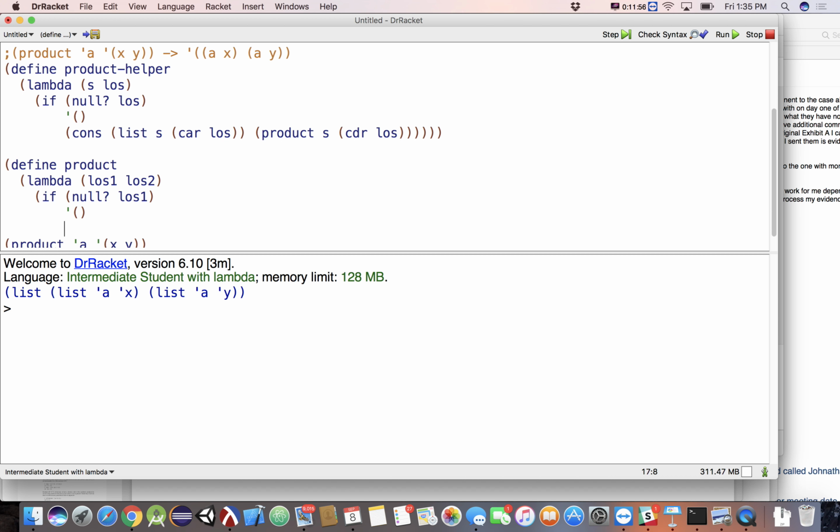Else, we might think that the correct thing to do is a cons, because that's what we're used to. So let's start with that. Start with a cons. So I'm going to cons some stuff together. What am I going to cons? I'm going to cons the result of product helper, passing it the car of LOS1 and the entirety of LOS2.